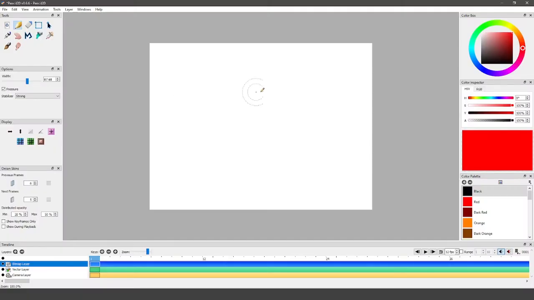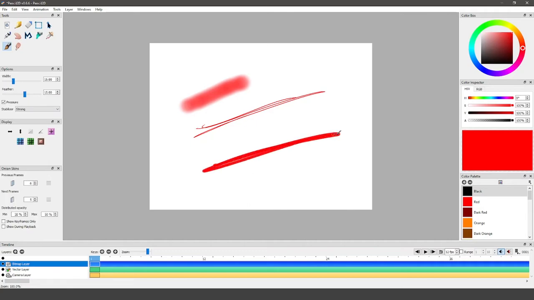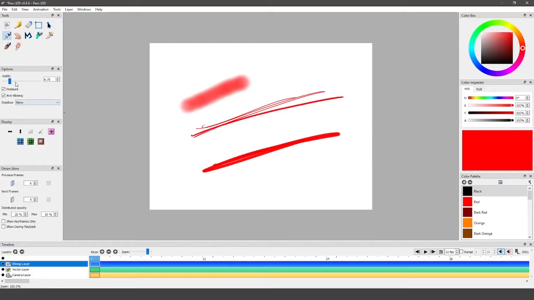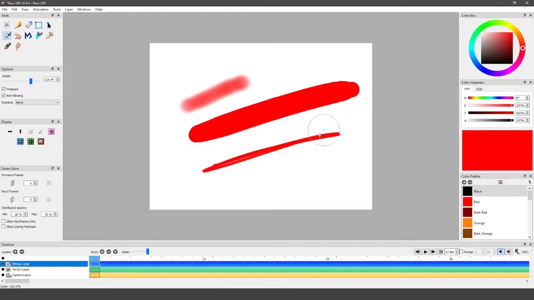The thing that I don't like, this is the pencil and the pen, I guess, and the brush. The brush is really nice. If you want to change the width, you have to go in here and manually drag this dragger. I'm using my Wacom tablet, and usually I could change the brush size, but it's not working. And even with the bracket tools, nothing happens. That's kind of a bummer.